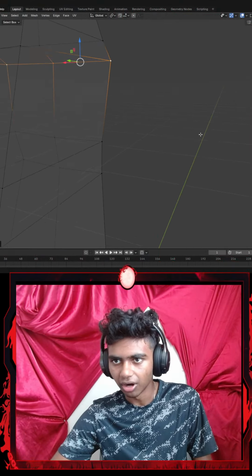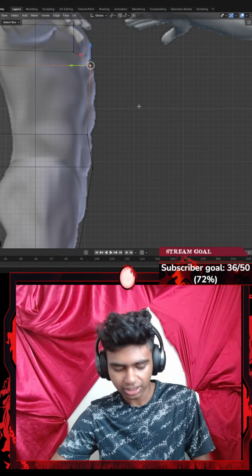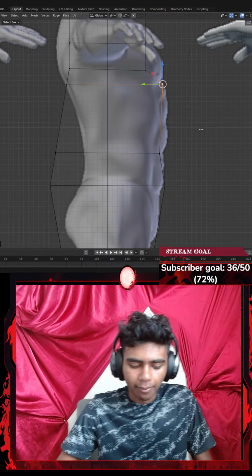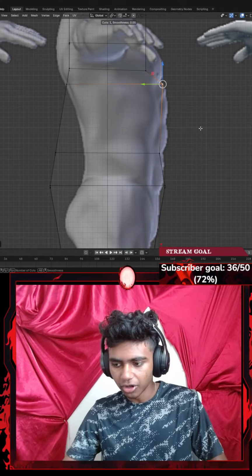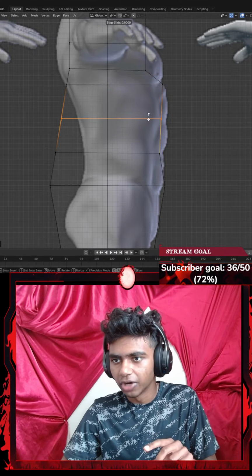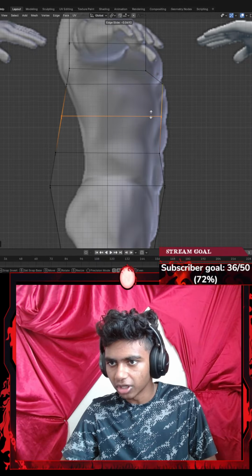Okay, back. Let's go. Let's get this all the way back here. I was in my negative x-axis. I'm gonna go with something like Shift. Now, I might actually add another loop cut, so I'm gonna go with something like Control R, get my loop cut all the way here. There we go, that should be good.